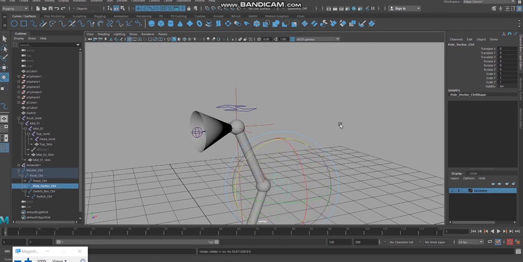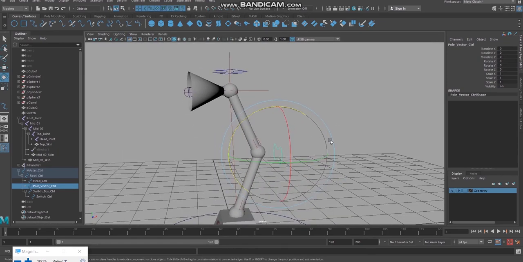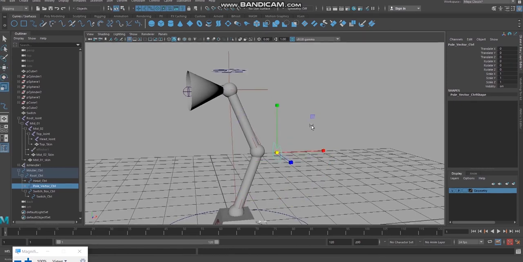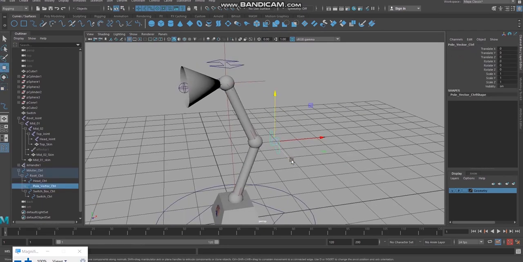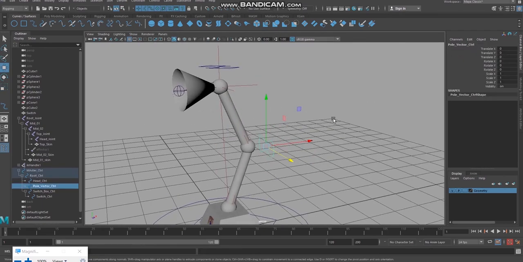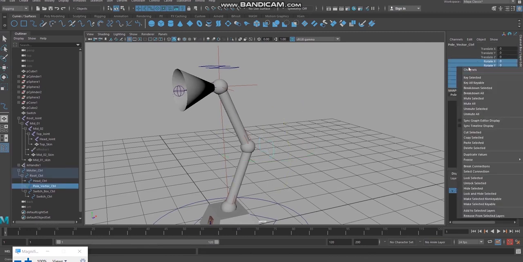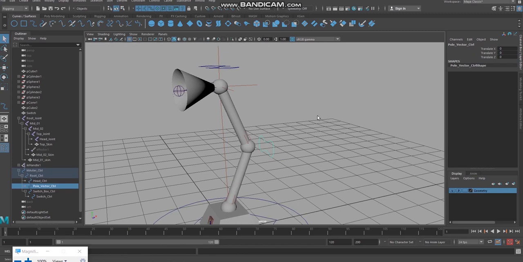It is useless. Scaling is not at all needed. We need only translation. So select rotate, scale and visibility, right click and lock and hide selected.